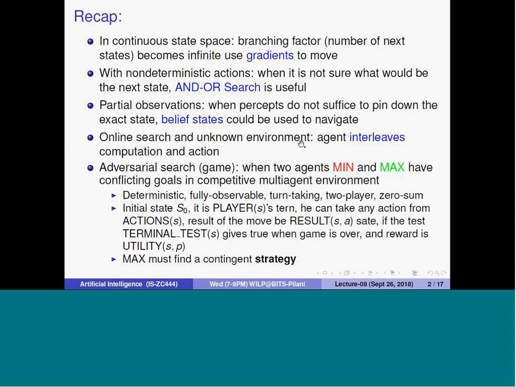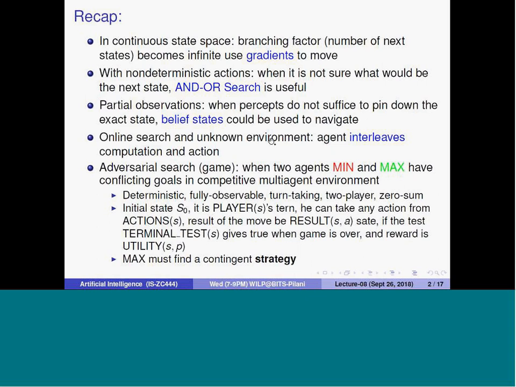Sometimes the environment is unknown. You don't know what the environment is, and you are just left to find out the solution. Then you need to do two things. First, you have to find out what the environment is. To understand the environment, you have to take an action and then see what percept you are getting. By this, you are localizing yourself and building a model of the environment, and then solving the particular problem one by one.